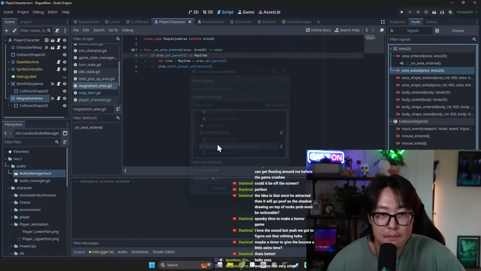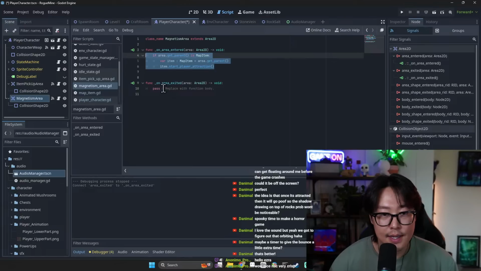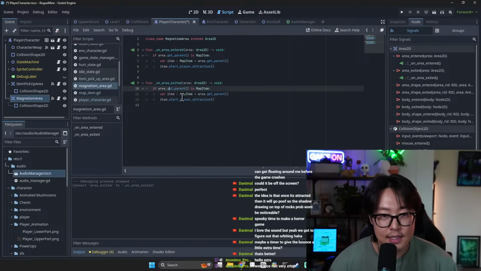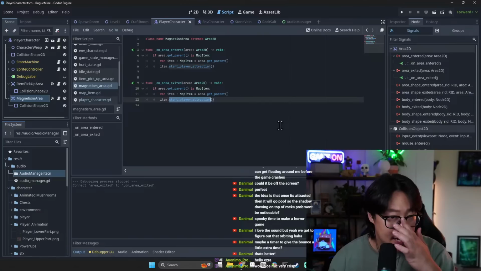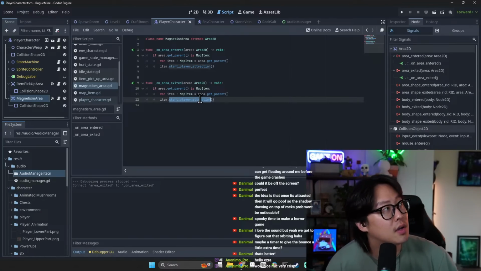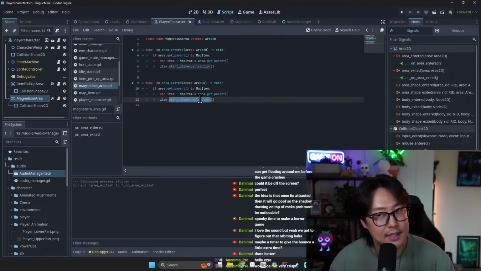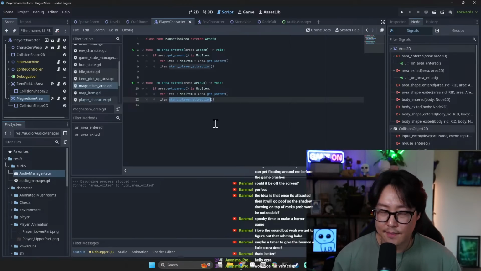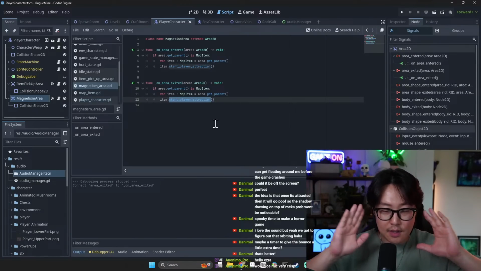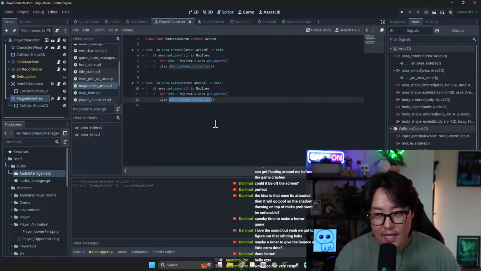So if the items exit the area, we're going to say, no. But then once I trigger the attraction, it needs to keep at it. Okay. Logic here. Magnetism triggers when it enters the magnetism area, but not when it is